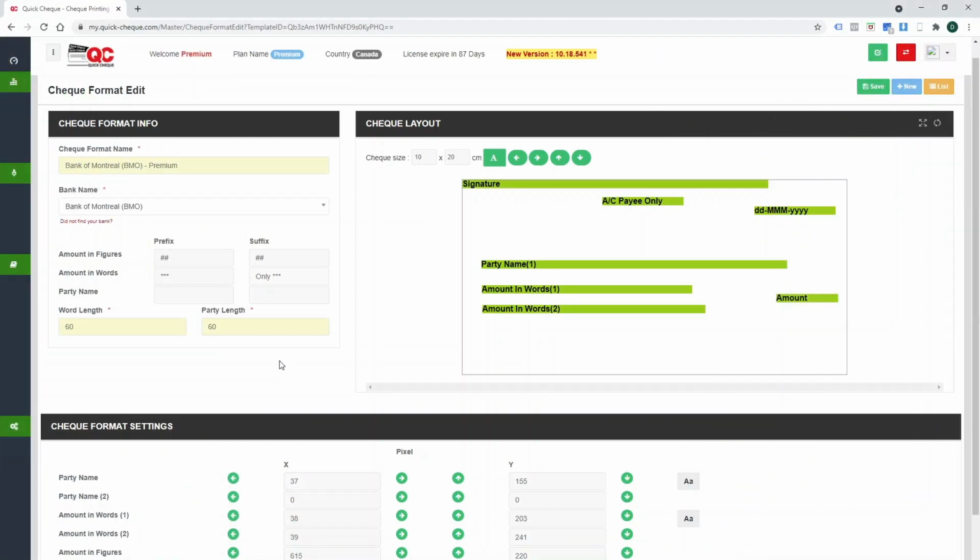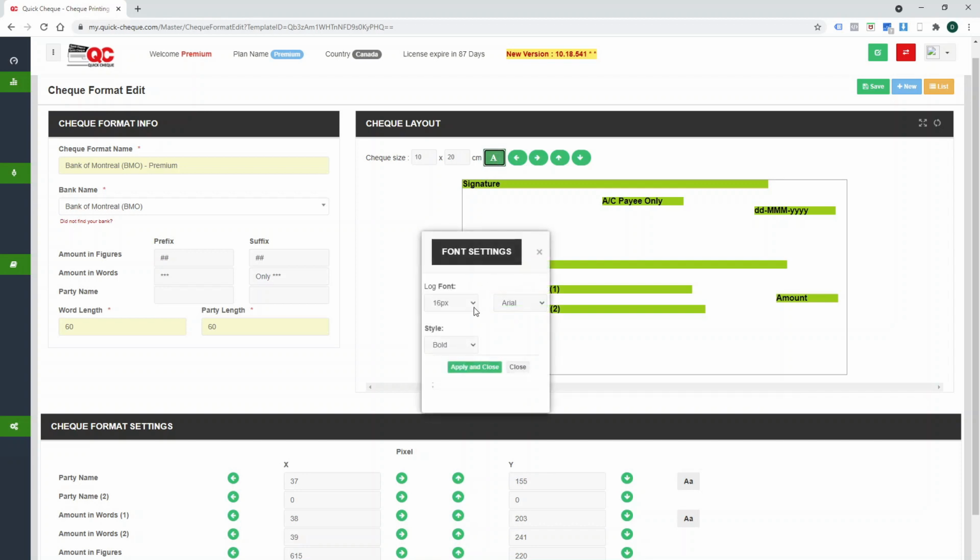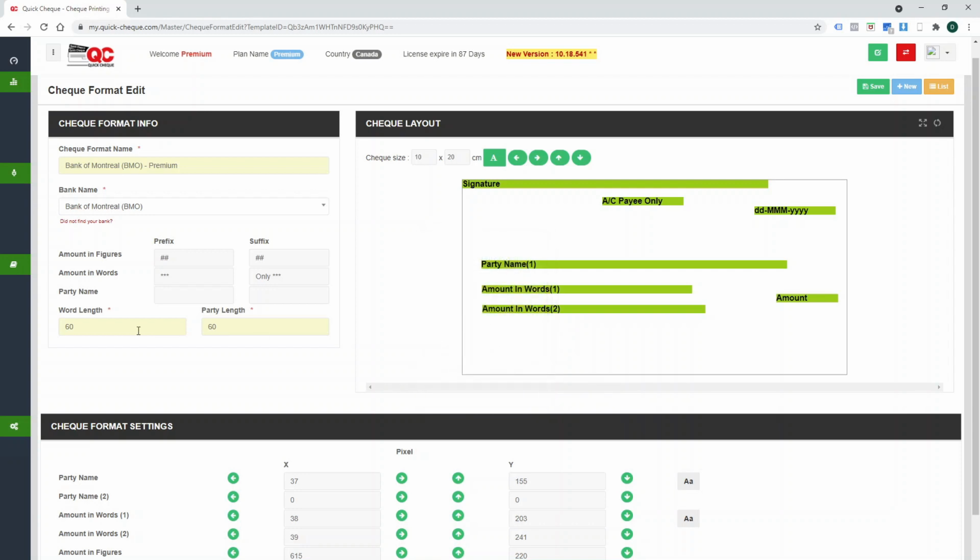There are a couple of other features on this particular screen which we can use to make our check look more beautiful and make it more secure. So for example, I want to adjust the font of my check. I can click on this button and I can change the font and the size which I'm using for printing my checks. I can also change whether it is bold, whether it is normal, whether it is italic. But please make sure when you make these kind of changes on the font, the check adjustment might need to be redone, because the size of the text will reduce or increase depending on what you're doing.